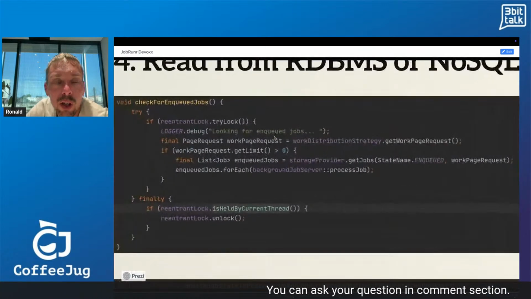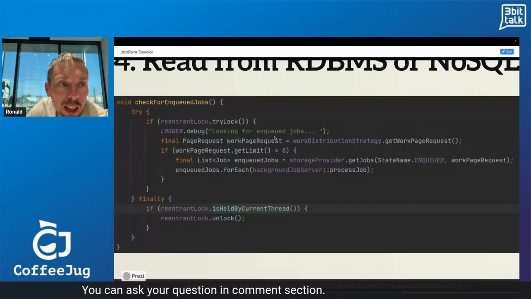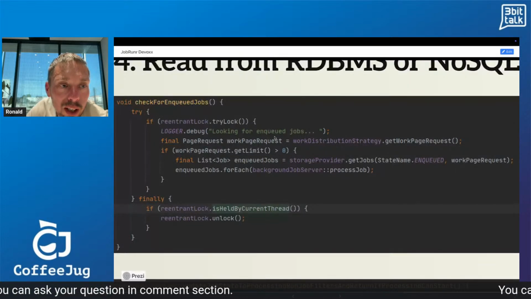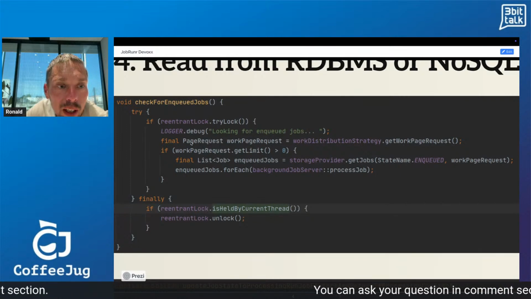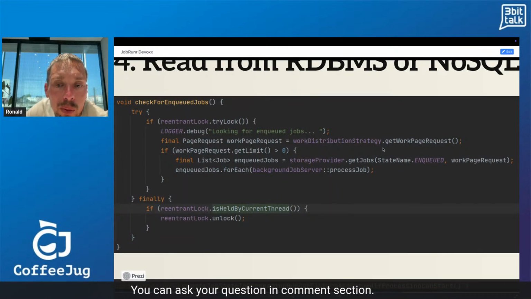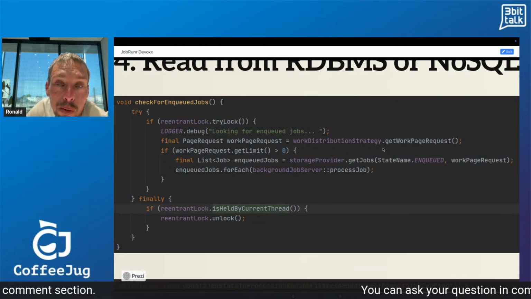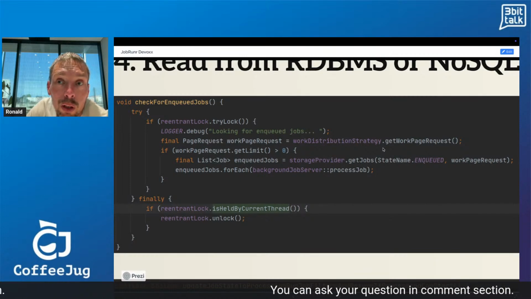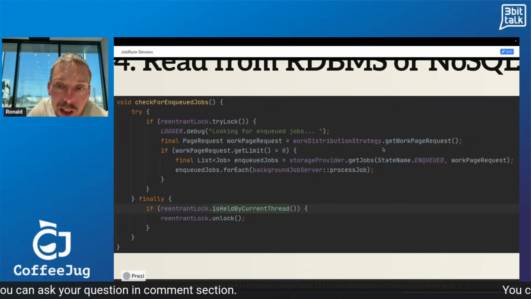And then on the server where the jobs are being processed, well, what is done? There is this thread that constantly checks, hey, is there any work that needs to be done? It checks for enqueued jobs. We have a look at how many jobs we can run in parallel, because let's say that you create millions of jobs. Well, you don't want to have millions of jobs in memory because then you go out of memory. So we look at your system to see what's possible.